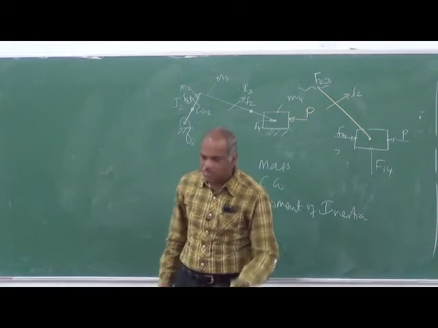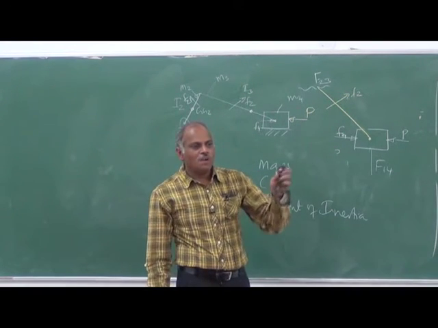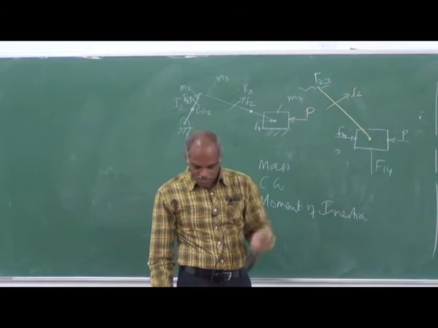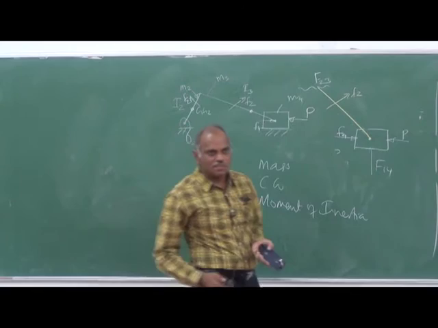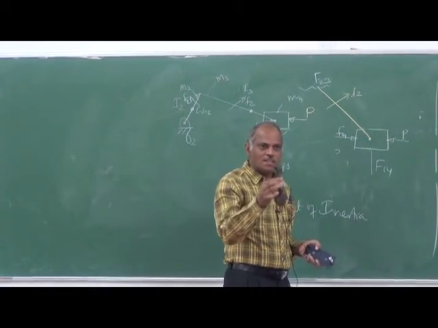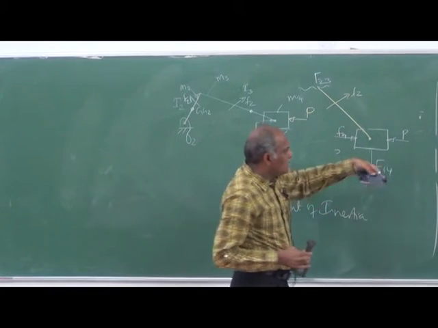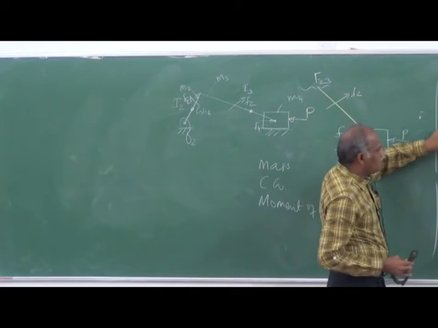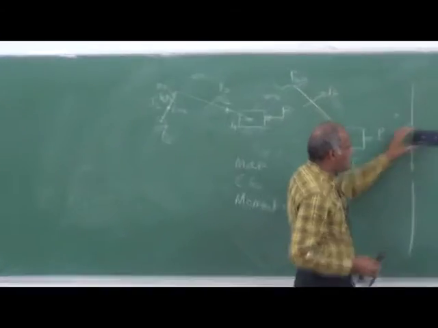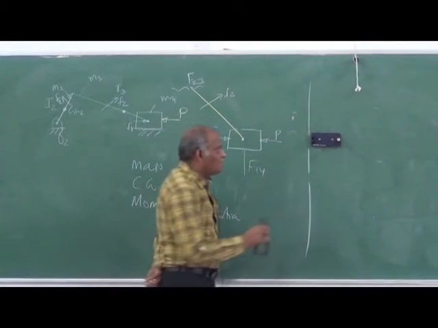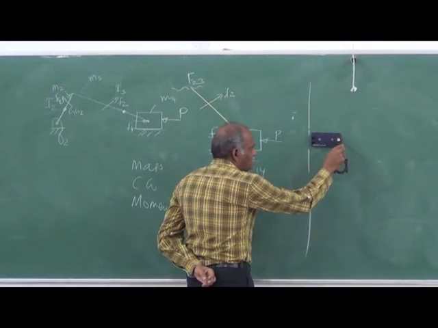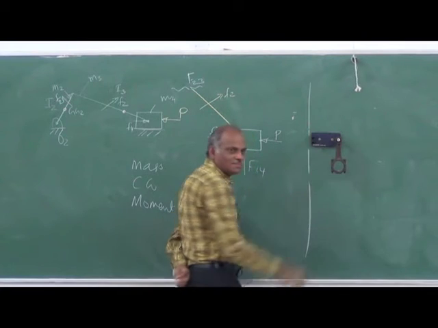That is the Archimedes. So how to measure the moment of inertia of this? The thing is very simple. What you have to do is, you take this connecting rod and use a knife edge. Oh, lucky, it is magnetic. I don't know whether it will be able to withstand this. Yeah, very nice.